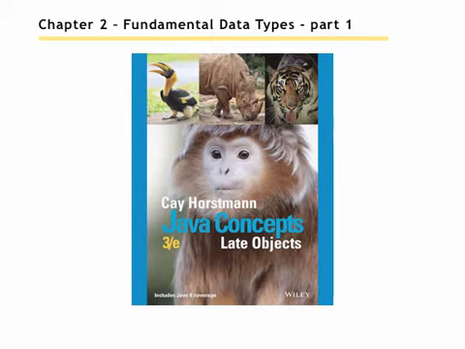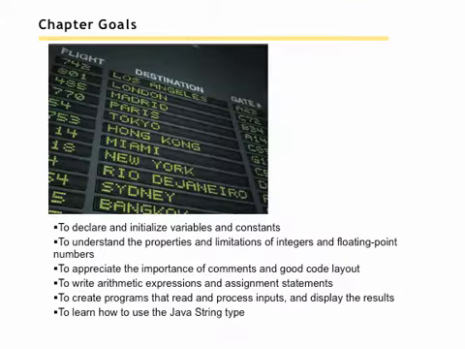Chapter 2, Fundamental Data Types, Part 1. Our goals for this chapter are to declare and initialize variables and constants, to understand the properties and limitations of integers and floating point numbers, to appreciate the importance of comments and good code layout, to write arithmetic expressions and assignment statements,